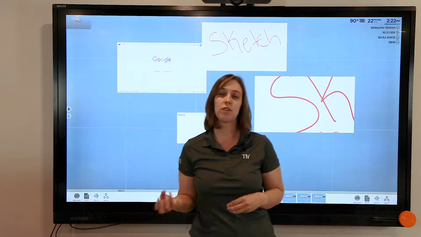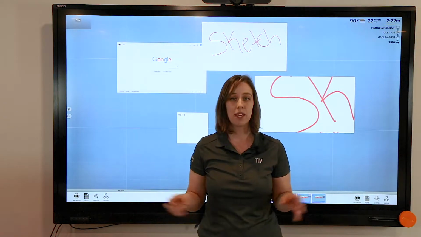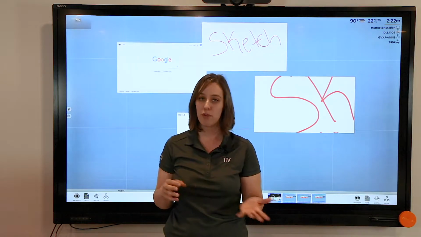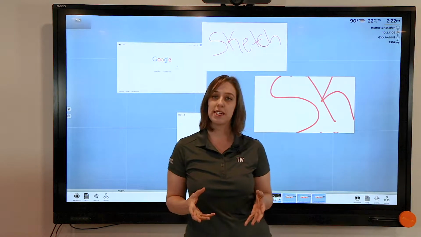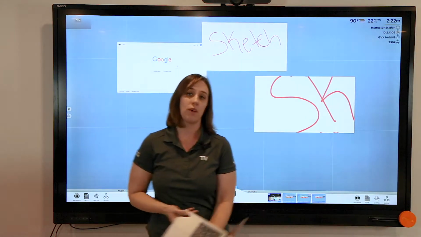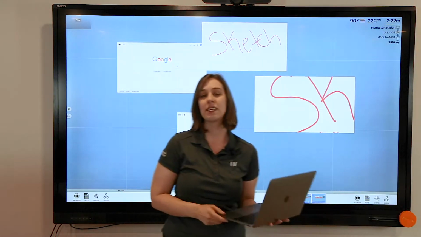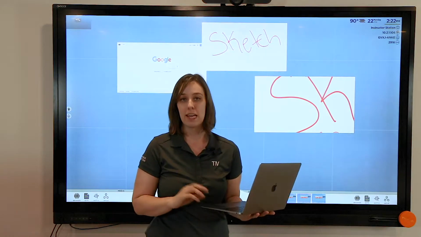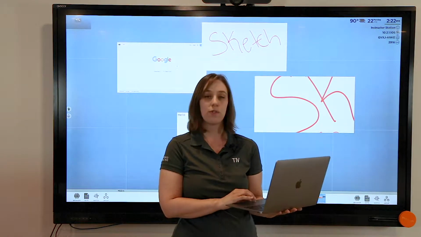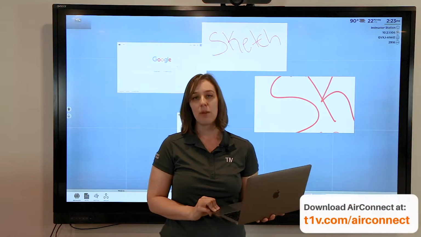If you want to send content from your own computer, you can do the exact same thing. You can send web URLs, notes, or sketches from your laptop or phone. You can also do this with PDFs or any saved image or movie file on your laptop. So to send content from your personal device, a laptop or a phone, or tablet, you can do so using the AirConnect app. And that's available at